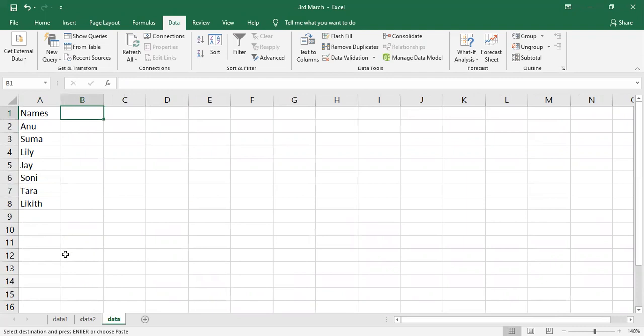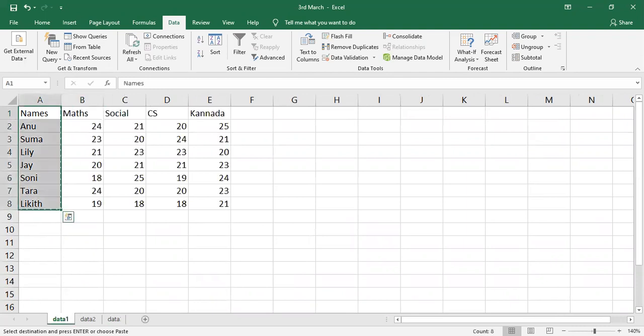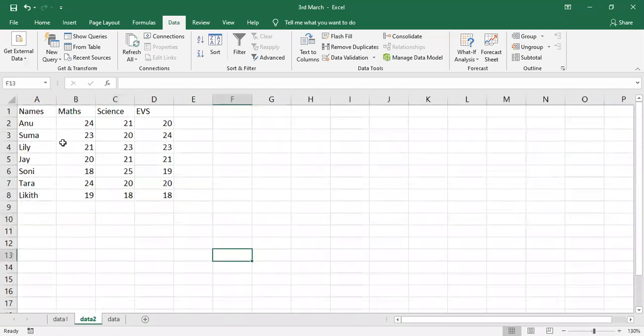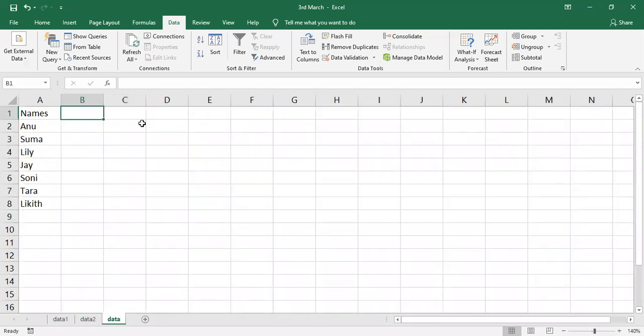Now, what I want is, I want to combine all the data. Combine all the data means math, social, CS, Kannada. Whatever I have, it should combine and it should display the result here. See, in a previous example, I had not selected the top row.